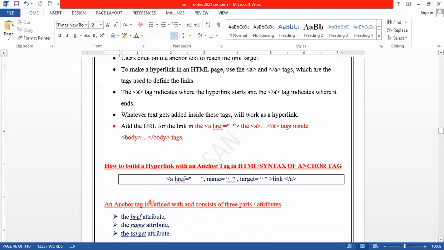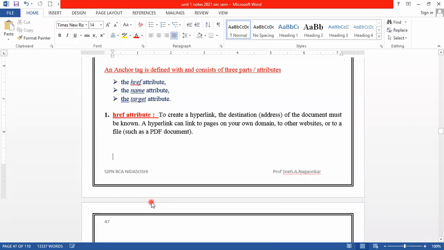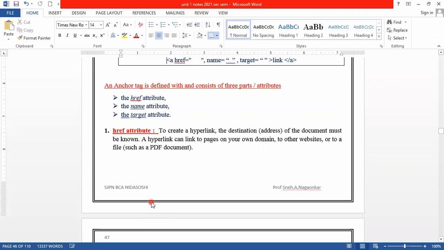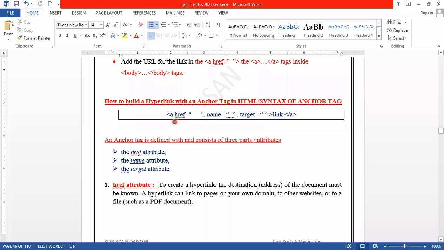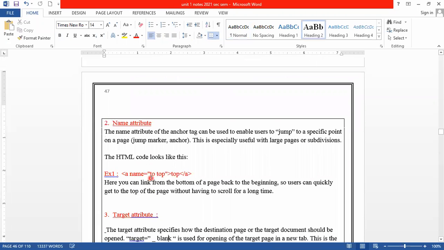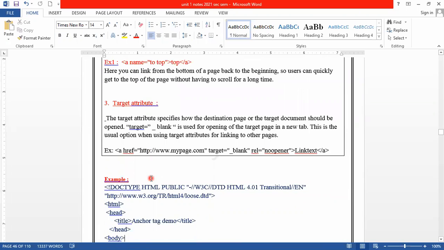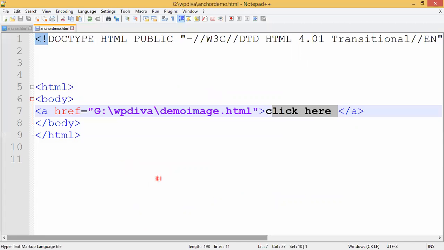Now the syntax, you need to go with the syntax. So what is the syntax, guys? Just now we saw you are going to open an a tag, then you are going to write href, right? Href is what? It is an attribute which is used to add the URL, name of the file, target of the file, right? So there are three main attributes of the anchor tag. One is href, second is name of the file, third is the target of the file. Okay, so we will see this through an example. I will try to tell you all those three attributes with the help of the example.